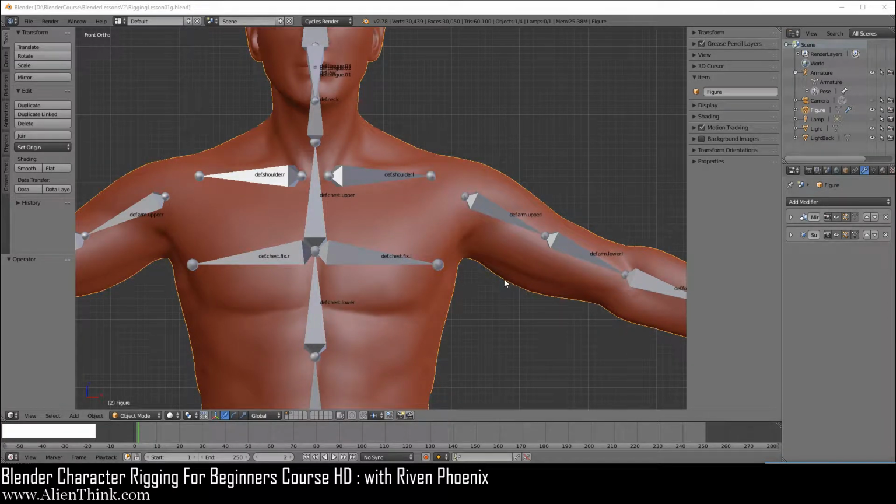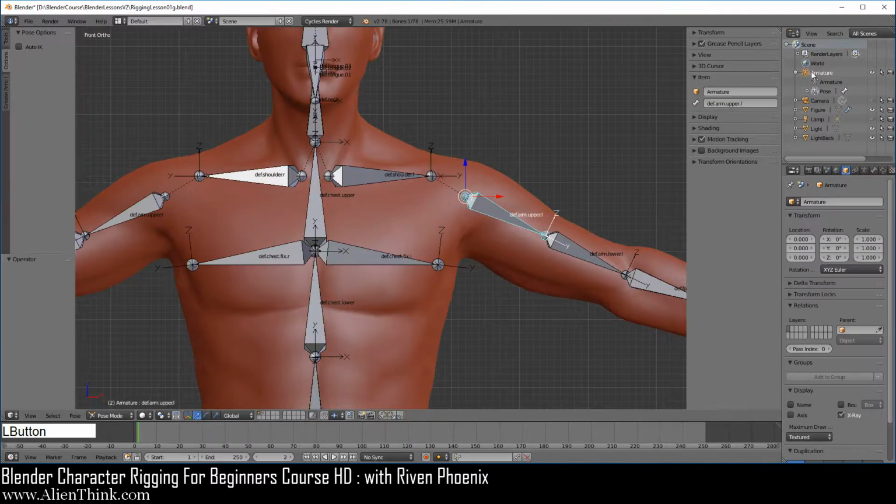Okay, so continuing on from the previous lesson where we had just looked at this concept of parent-child relationships on the object level and the bone level, we're going to take a look at two additional options that again have to do with parent-child relationships. So the first thing that I want to explain to you here is what's going on in the outliner.